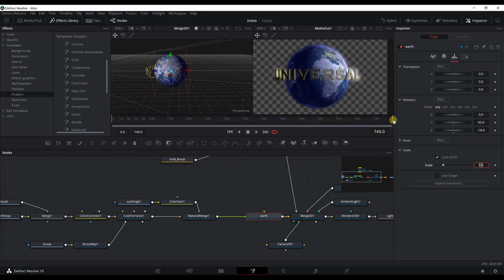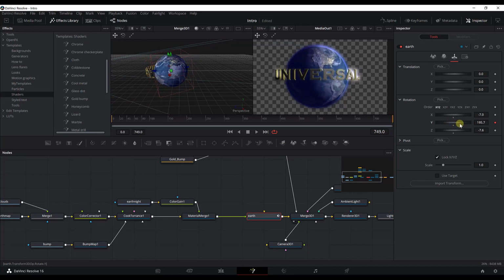Now, since the earth will not stop rotating, we can go to the ending of this animation, and we just need to keyframe this Y position with Y value. Keyframe it here and go to frame 0, and then add a keyframe. Well, let me undo this. I would like also to change this earth value here to minus 20, the X value. Maybe this looks better. And now we can go to the last frame, add a keyframe here, and we will set the final earth position